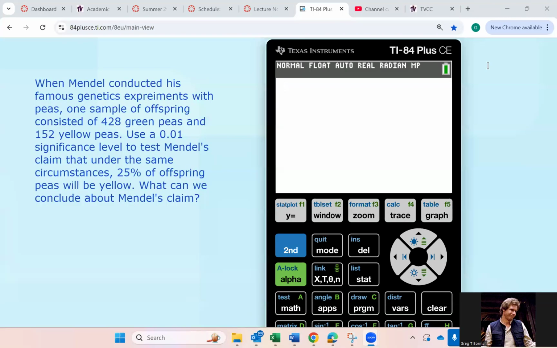When Mendel conducted his famous genetics experiments with peas, one sample of offspring consisted of 428 green peas and 152 yellow peas. Use a 0.01 significance level to test Mendel's claim that under the same circumstances, 25% of offspring peas will be yellow. Okay, so first of all,